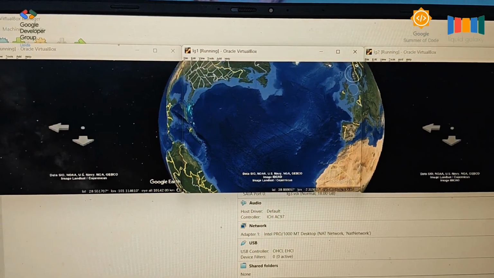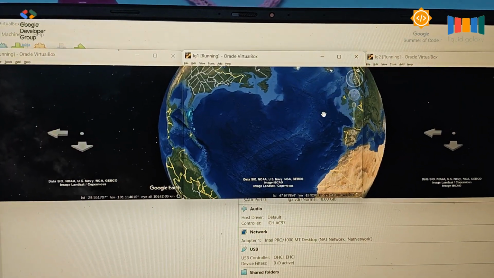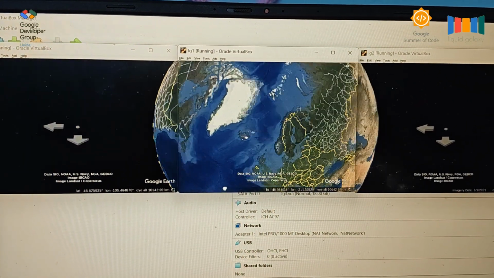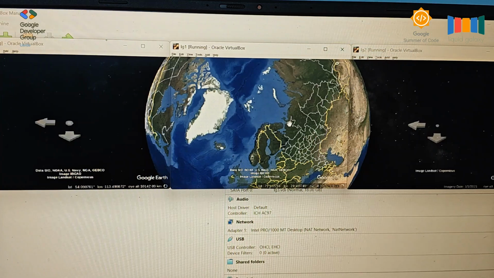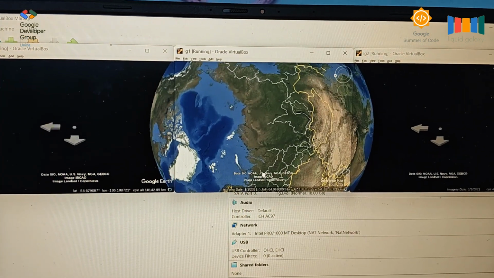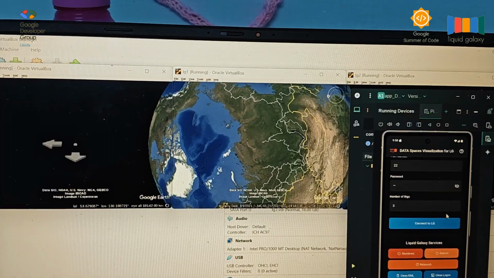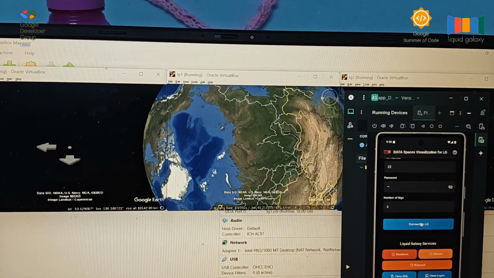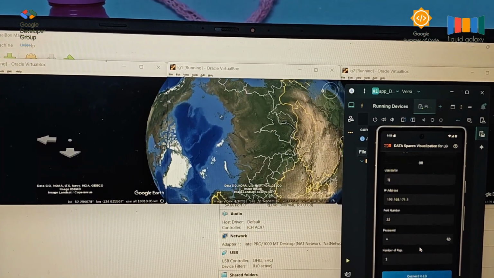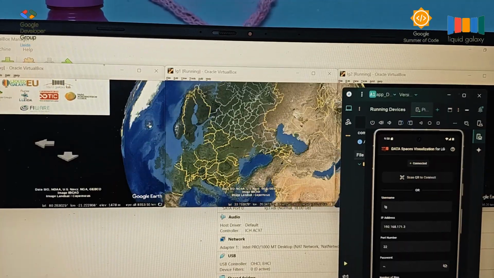Hello everyone, this is Karli Kalia, sophomore at IIIT Gwalior, India, and this is my task 1 for GSoC 2026 Liquid Galaxy. As you can see over here, all the 3 rigs have been loaded successfully and are in sync with each other. The slaves are in sync with the master. Right here I have the Data Spaces app, and it successfully connects to the LG rig,